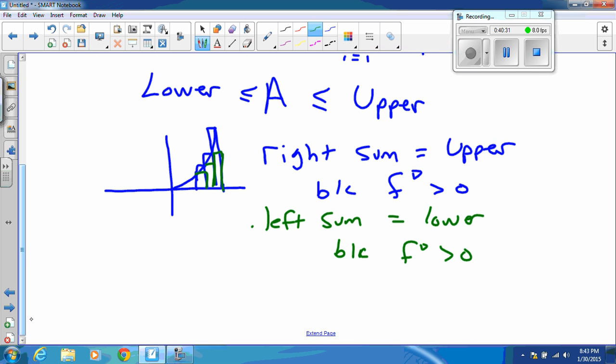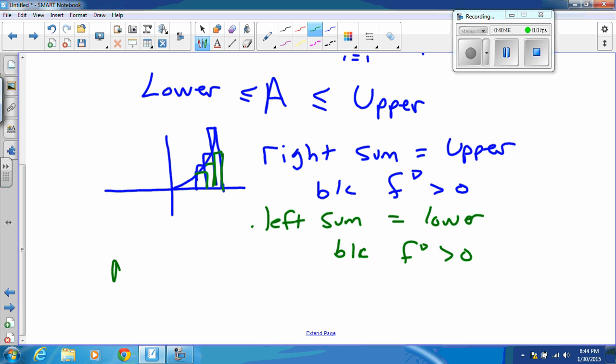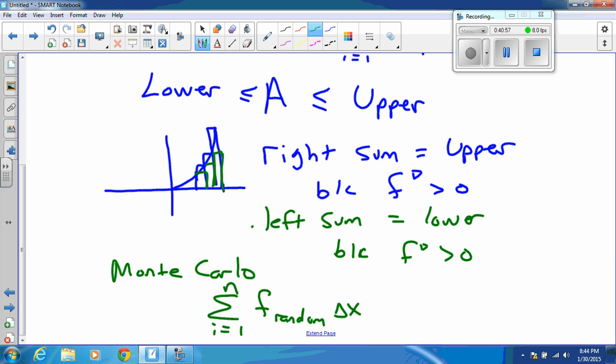But unless you are so lucky as to have a purely increasing curve or a purely decreasing curve, then you won't be able to use left and right for upper and lower, or lower and upper. So those are the other two choices that can be made, and these are more theoretical than practical. The last choice is interesting, and I only point it out for those of you that are taking statistics. If a statistician is trying to do an area, then what he will actually do is do a random sample for his c sub i's. For each, we call this a Monte Carlo sample, so that